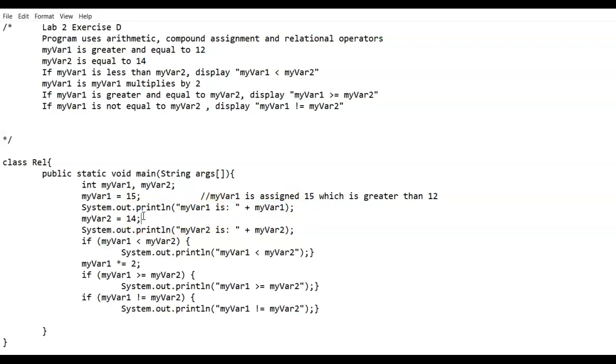Then next, I would assign 14 to myvar2 because the requirement of the exercise asks us to assign 14 to myvar2. Then I will repeat the process by printing out the value for myvar2. Here I have a string stating "myvar2 is", and I would use a plus sign to include the value from the assignment in myvar2. Then next I would